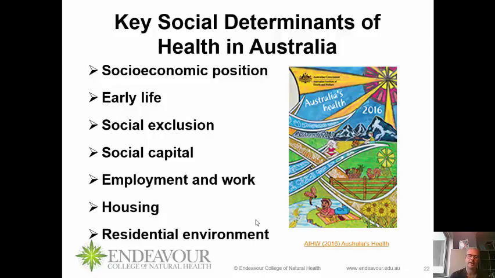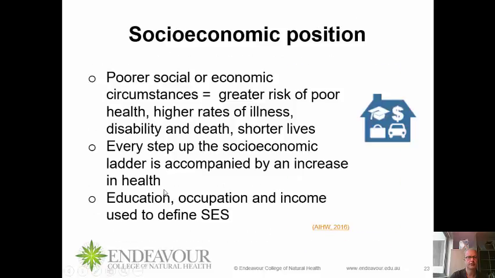So we've been talking about the social determinants of health from the World Health Organization, United Nations perspective, so more of a global perspective, and now we turn to looking at things in the Australian context. So remembering your additional readings from this particular report, Australia's Health, for both last week and this week. So this week's reading is chapter 4, and that reading will go through these in more detail for you. Okay, but let's just go through them one by one.